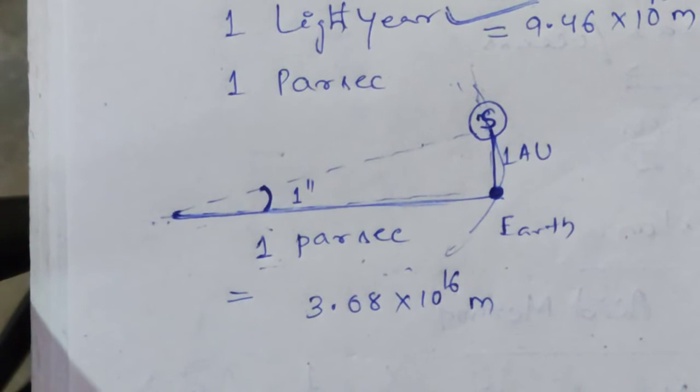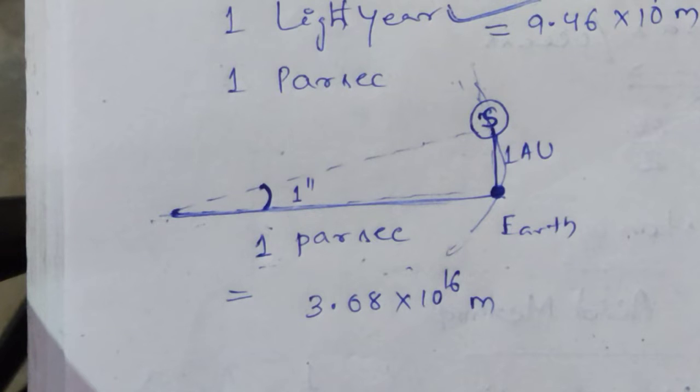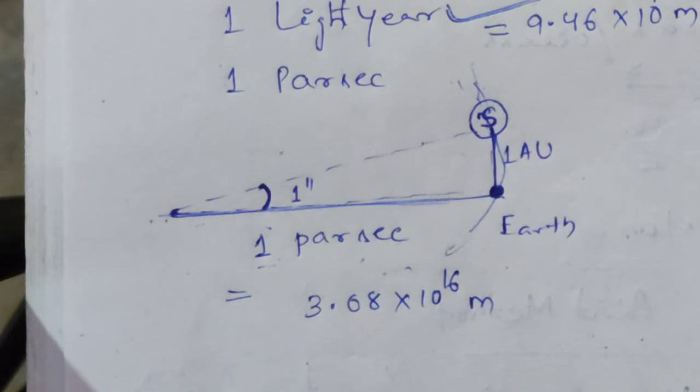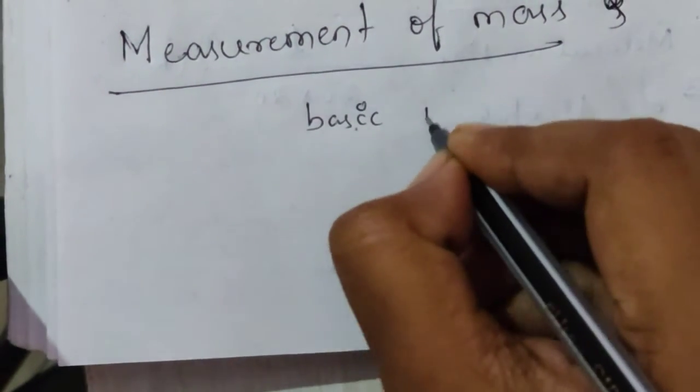Okay, clear? So yes, these are all the methods through which we can measure the length of any substance, whether it is macroscopic or microscopic. So next we will discuss the measurement of mass and time. The next part is measurement of mass. See, every substance has some mass, whether it is negligible or observable, that is different, but every substance has some mass. So we can say that it is a basic property.